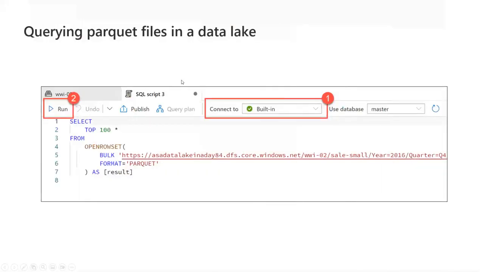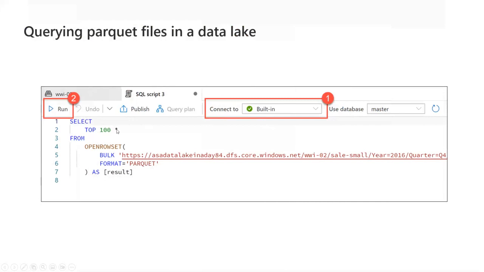Here is the way of querying the Parquet file, but here with T-SQL. So that's the way it looks like. Make sure that you are connected to built-in because we're on a serverless SQL pool. Now we are selecting the top 100 rows, right?